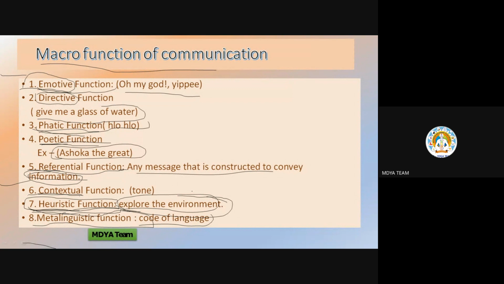No, that's not the example of metalinguistic. In metalinguistic, you are talking in a language, and then you are explaining the meaning of a particular word from that language. Okay, ma'am, the code is there, but we have to express it from the code to language. Not code. You can say the meaning of the words, meaning of language. Okay, ma'am. Okay. Yes.